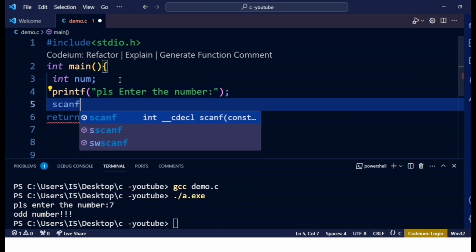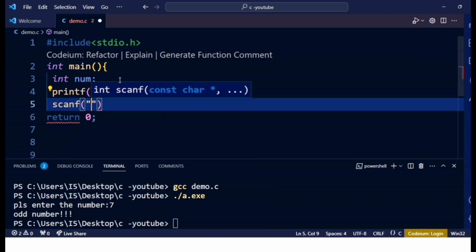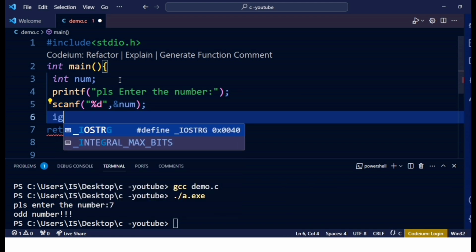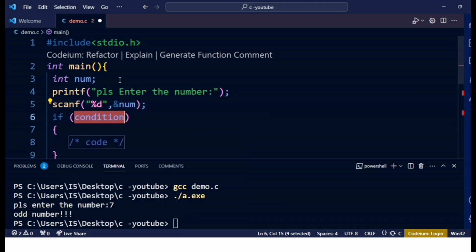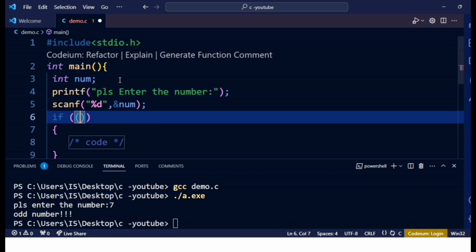Whatever number you enter will be scanned and stored at the address, so address of num. Then coming to check the condition, if number modulo 2 equal to 0,